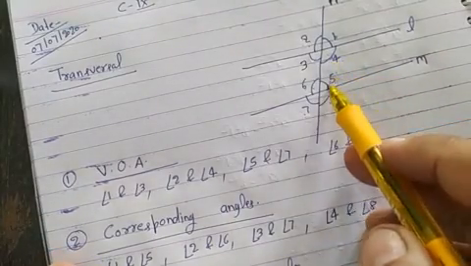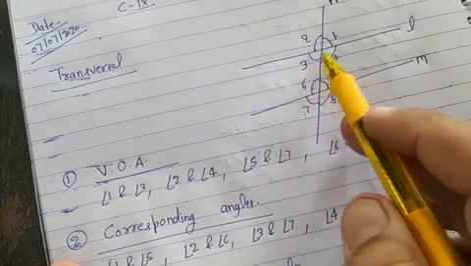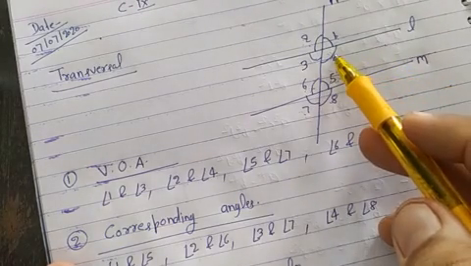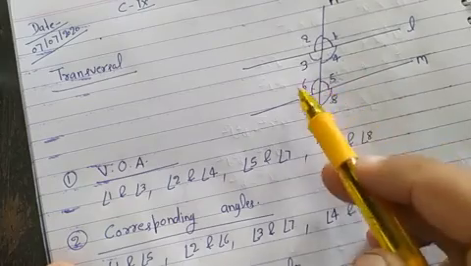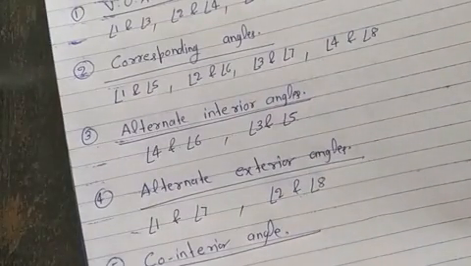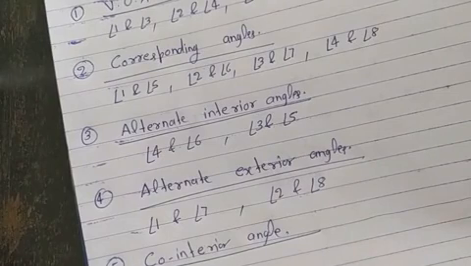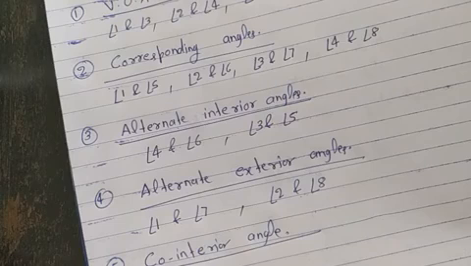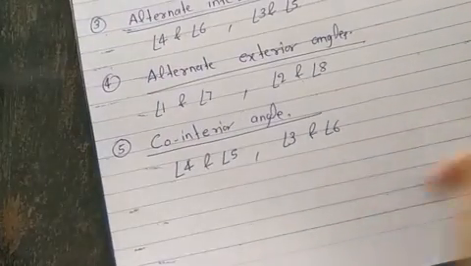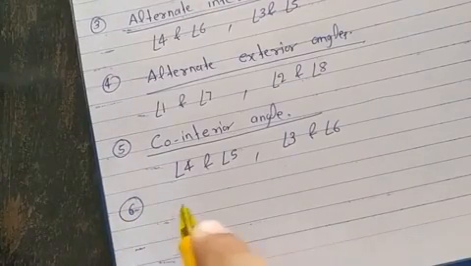Angle 4 and angle 5, 6 and 7, these are the interiors, and co-interior means interior angles on the same side. On the same side there are angles 4 and 5, and here angles 3 and 6. So co-interior angles are angle 4 and angle 5, and the next pair is angle 3 and angle 6. And now the last one is